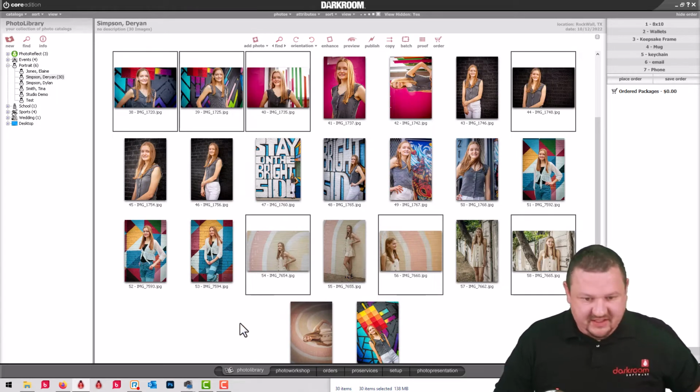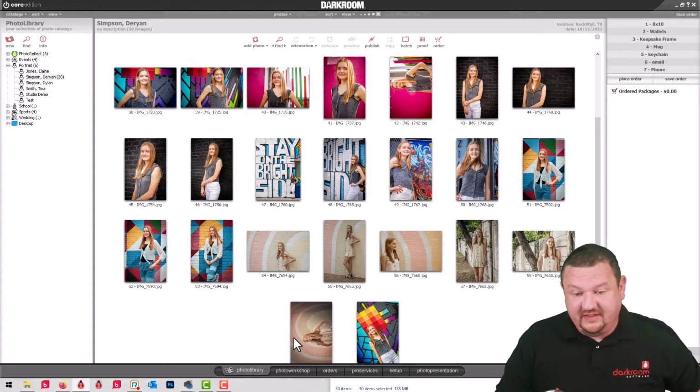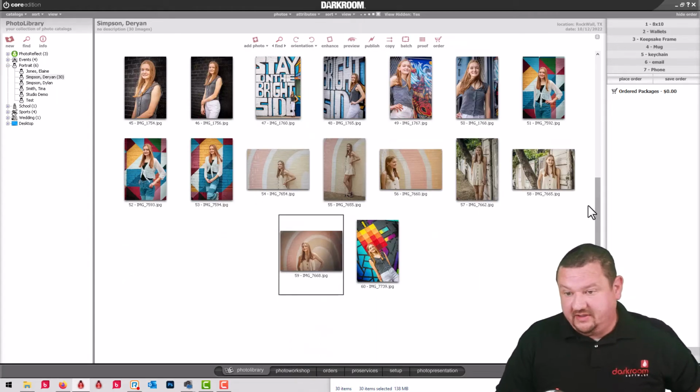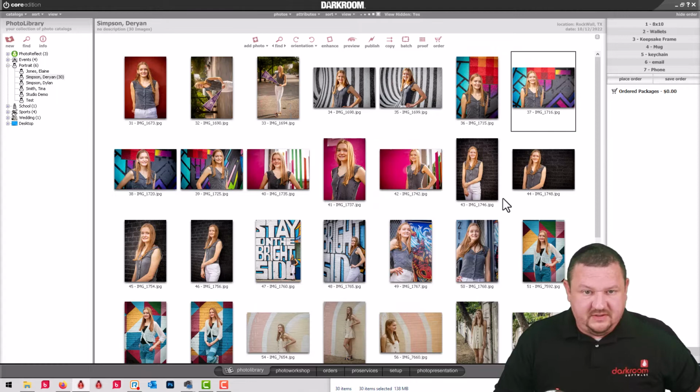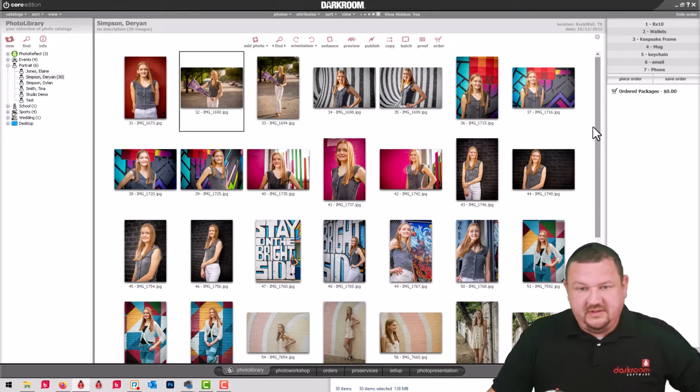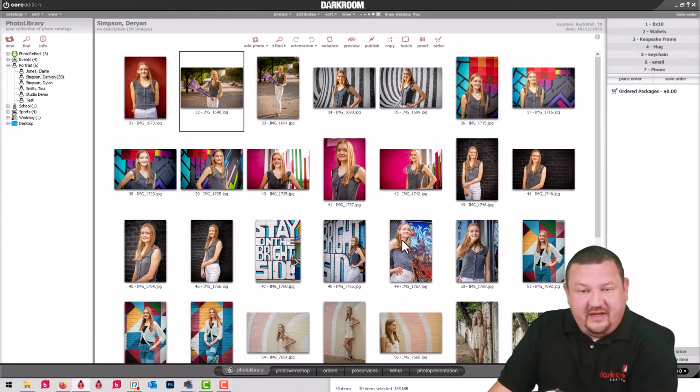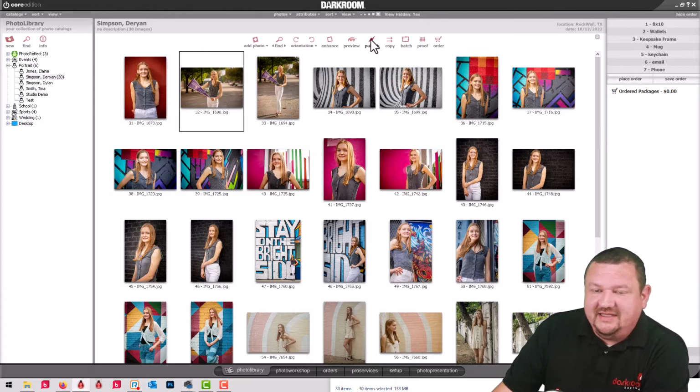Oh, missed one. Trick here is you can hold down Alt and click on the top of the image and it'll rotate it correctly. So we just want to make sure everything looks right. Looks like 2 more, 3 more. Okay, once everything's oriented right, I'm going to go ahead and click publish, and this is a little bit